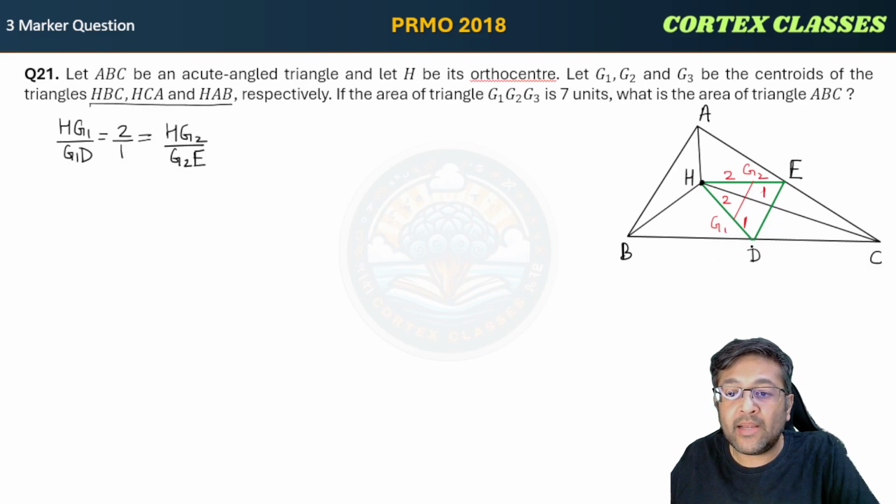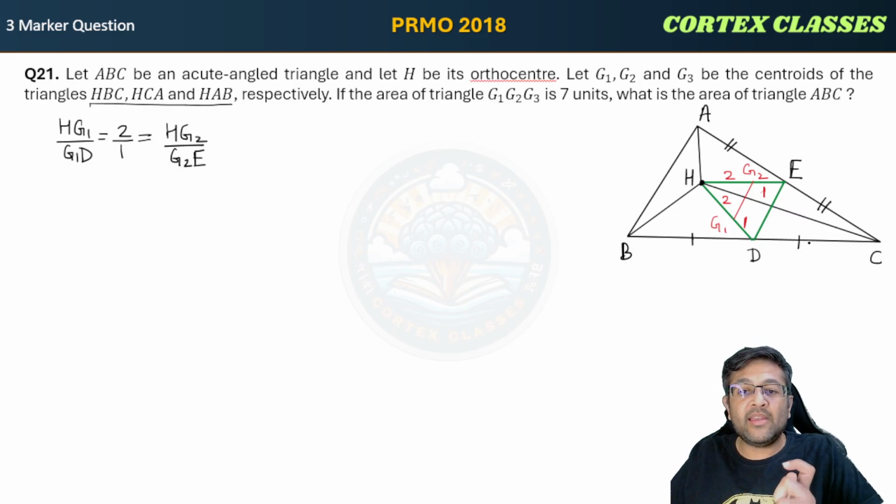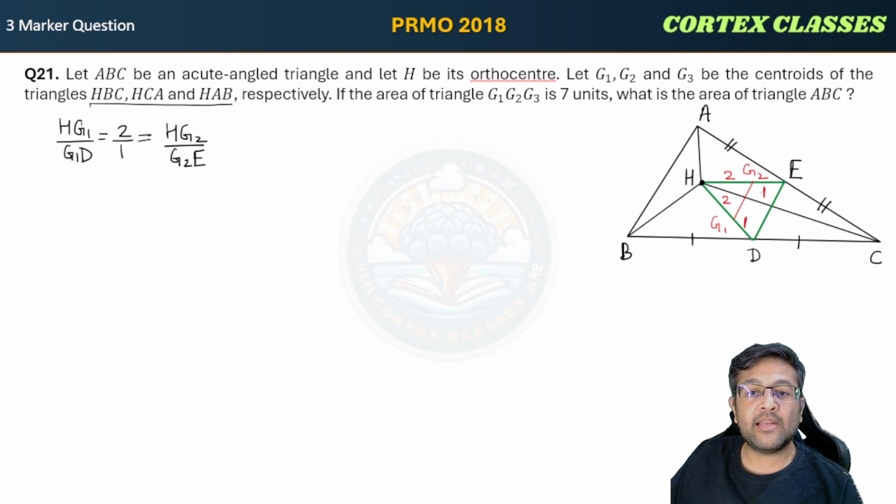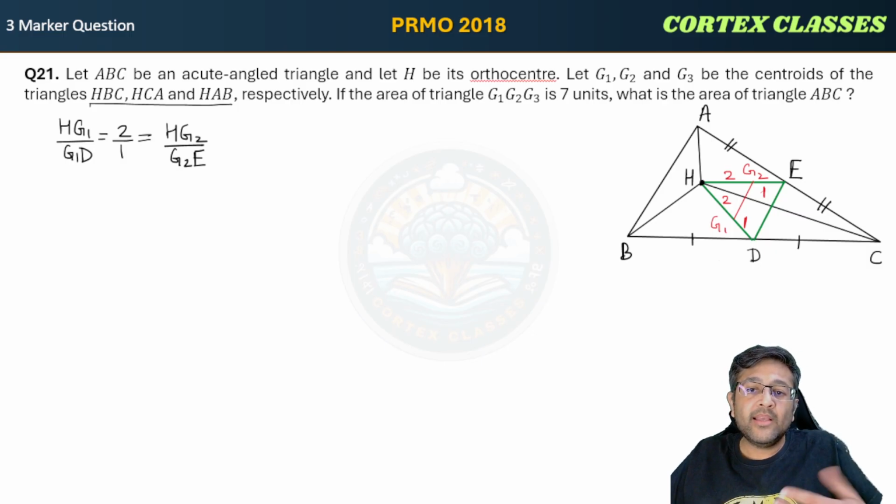Guys, do keep it in mind. D is the midpoint of the side, so BD is equal to DC, right? These two sides are equal, and so are AE and EC. So the midpoint theorem will be very handy for us, as well as the basic proportionality theorem, or you can say the similarity concept. These concepts are what you study till class 10th itself, right? So this question is not that difficult. It is a bit on the easier side.